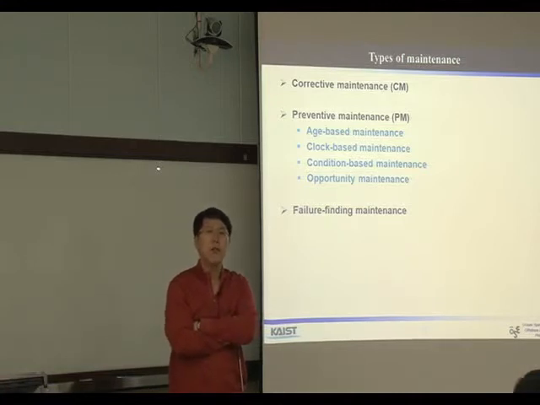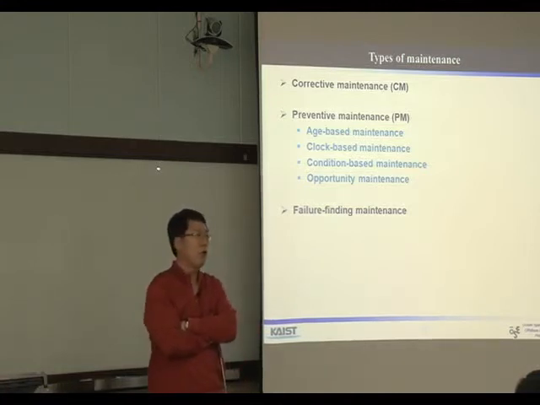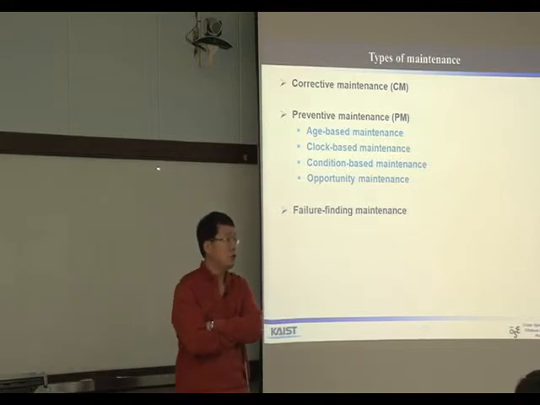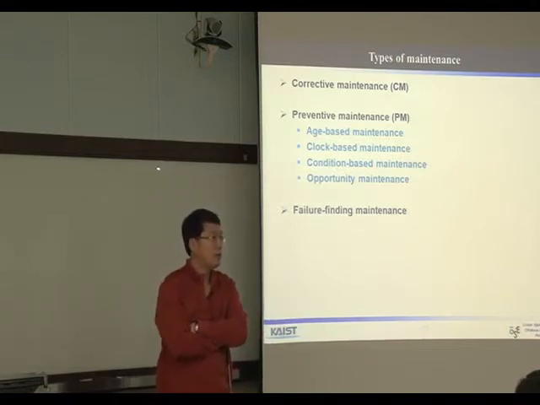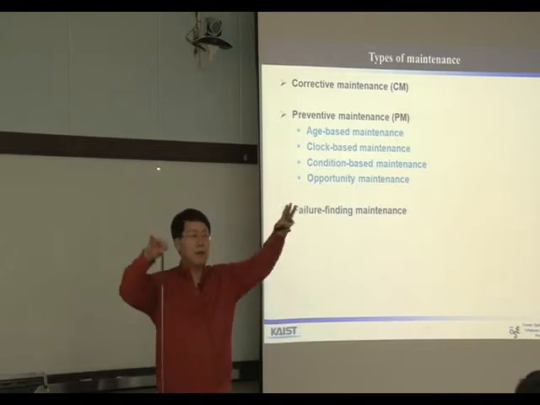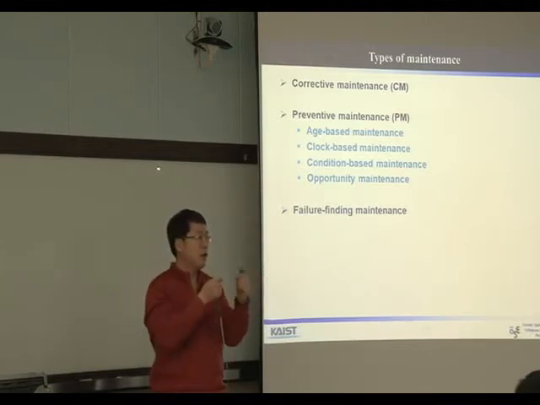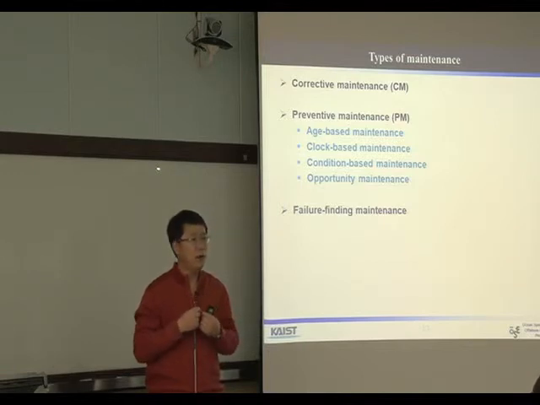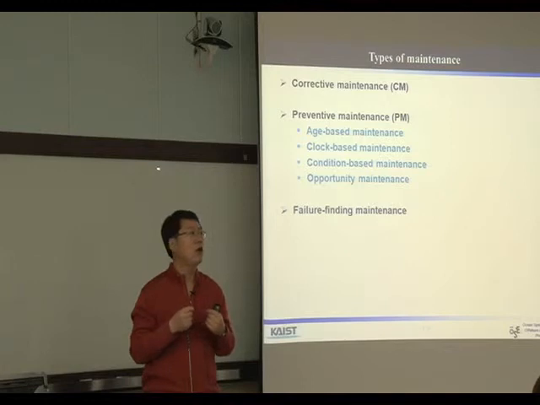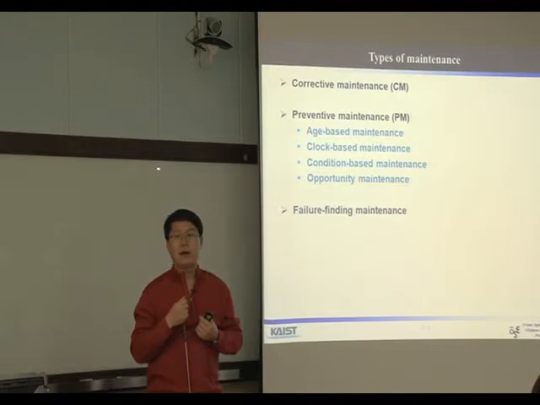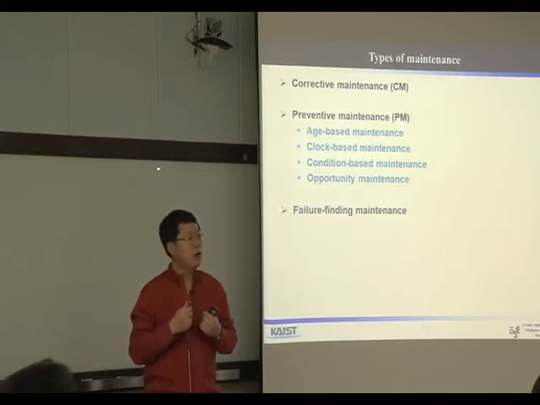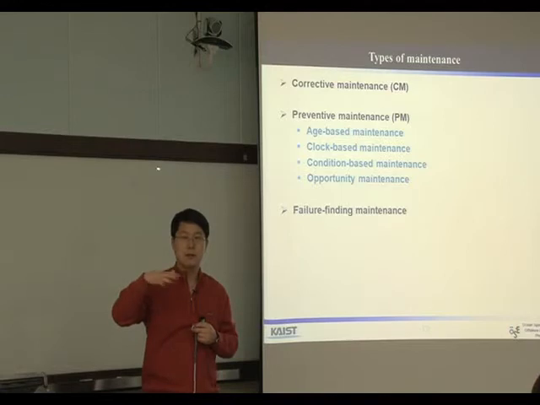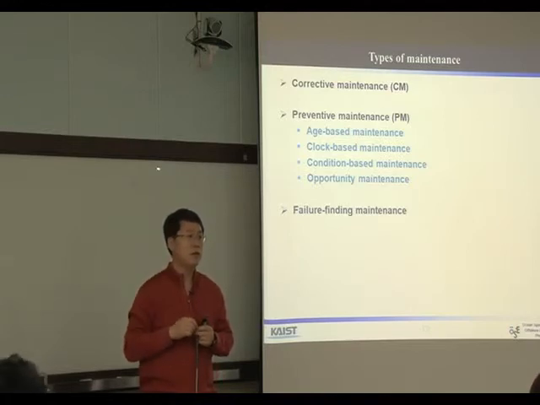the real situation in a plant. If we apply some maintenance action, we should stop the plant. We should dismantle some part, and we apply some maintenance action. So if we have a second failure, we should repeat all those kinds of actions again. So it's a very good opportunity to reduce the risk of second failure. So it's a very natural way of maintenance.